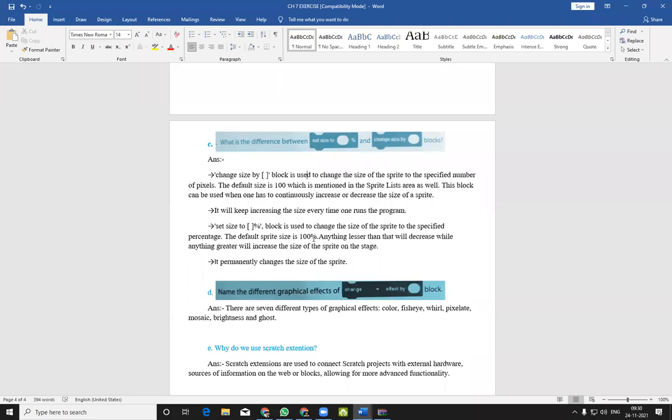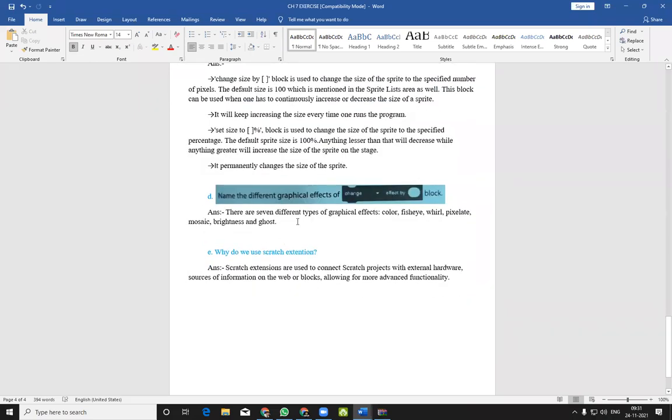These are two types of blocks used to increase or decrease the size of a sprite. The change size by block keeps increasing or decreasing the size whenever we run the program, whereas the set size to block defines a particular size of a sprite.